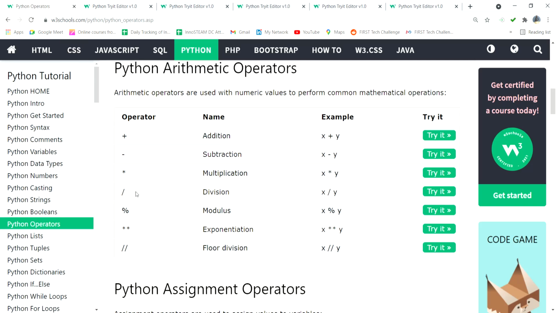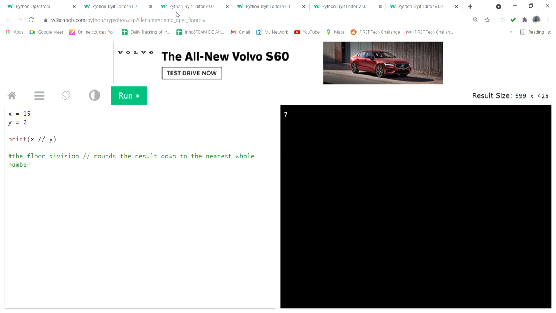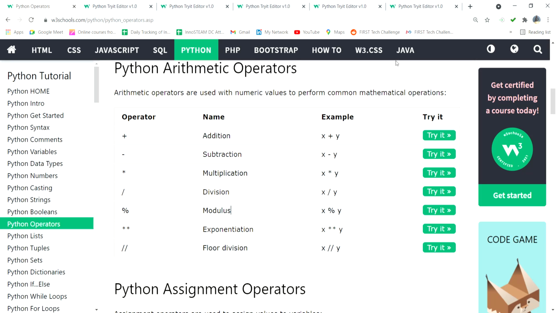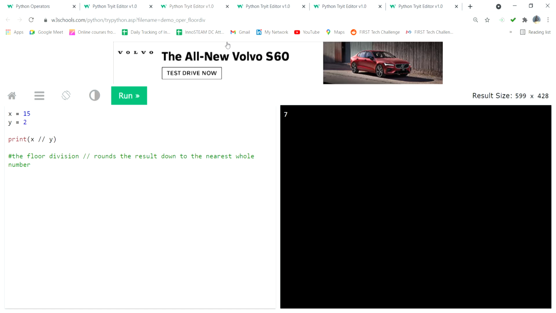I will complete this, then I will come to that. No problem, wait. Because now we can see the division and modulus, you can understand floor division easily. Here you can see print x double slash y means it is a value of 7. If you put a single slash, then you get the point number, which is called a float number.